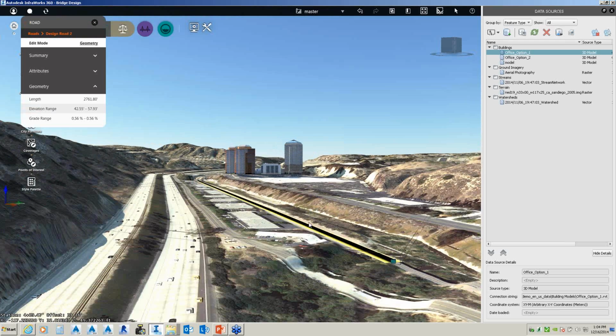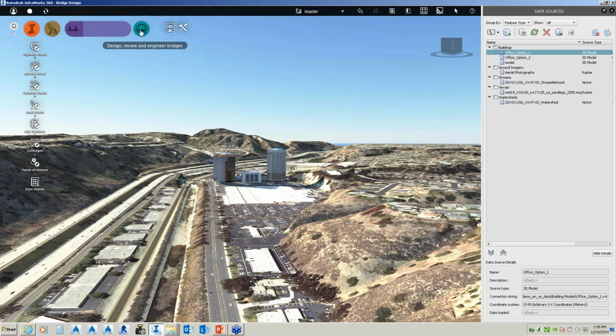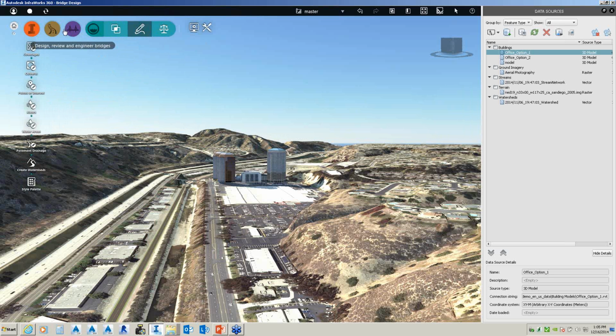Once this catches up. So there's a drainage module, there's a bridge module, and then there's a road module.